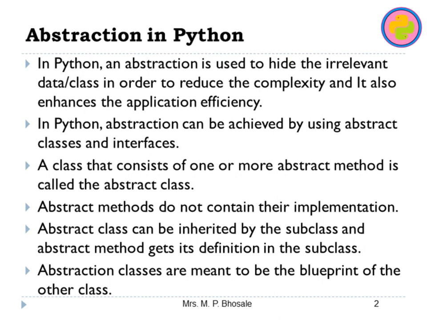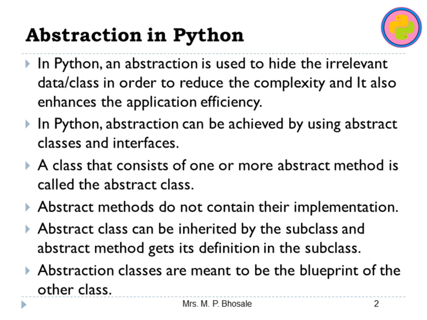In Python, abstraction can be achieved by using abstract classes and interfaces. So it is the process of hiding the real implementation of an application from the user and emphasizing only on the usage of it. For example, if you are using any electronic gadget, you don't know how it is implemented, but you know how to use it.